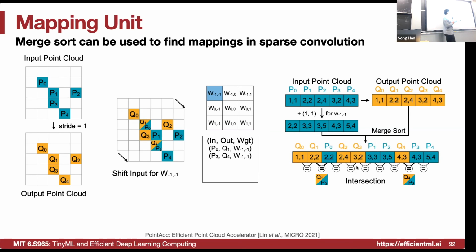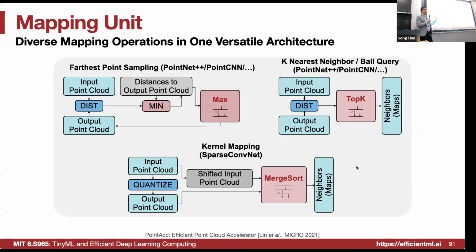Here we have several common non-zeros, Q1 and P0, and Q4 and P3. Therefore Q1 and P0, and Q4 and P3, are the non-zero input-output pairs corresponding to W-1. So we are using the same sorting array to deal with diverse algorithms,